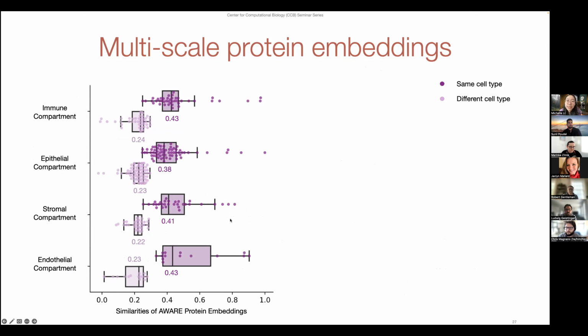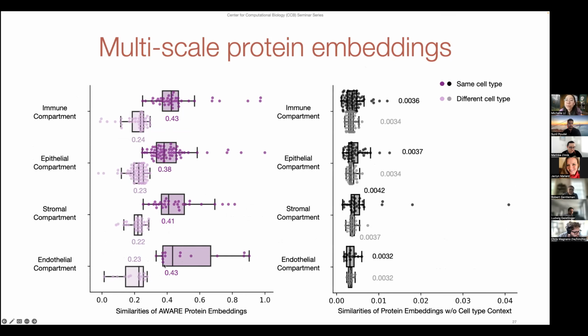And we also calculate the similarity of cell type specific protein representations from the same cell type versus from different cell types. So as you can see, cell type specific protein embeddings are more similar to each other if they are from the same cell type, in dark purple, compared to representations of proteins in other cell types in light purple. And this is what we would expect, that the dark purple will be further to the right than the light purple, and the light purple should be